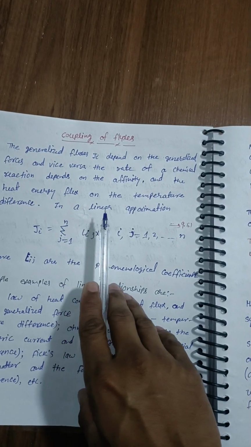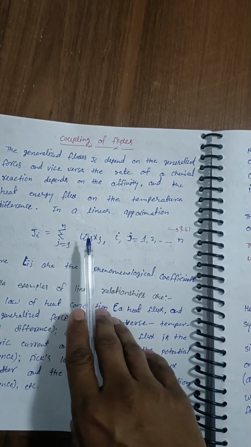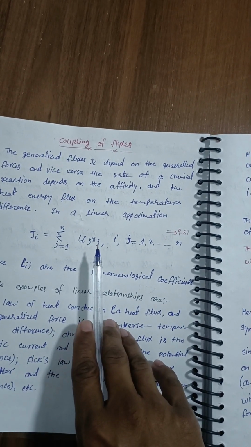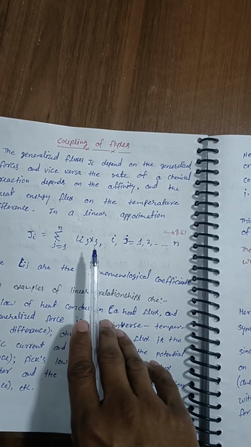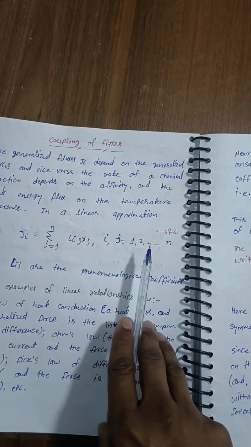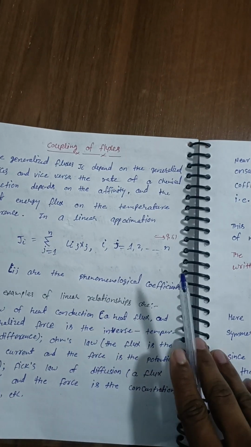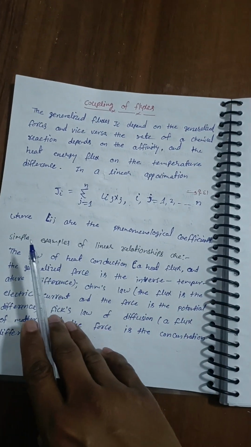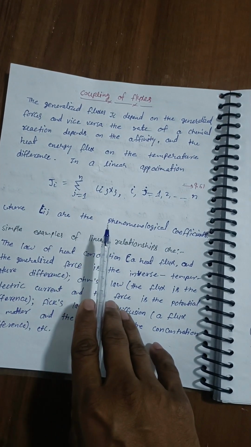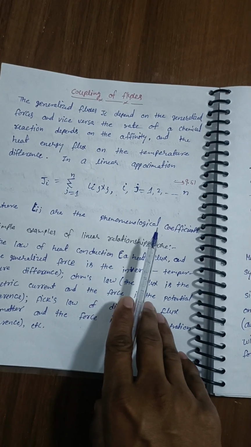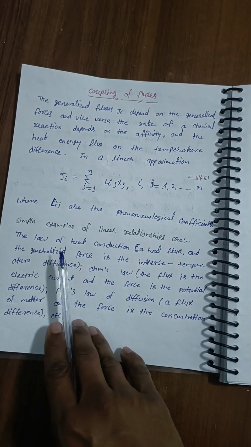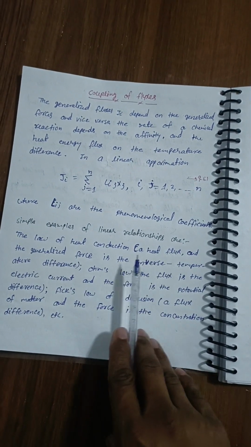In a linear approximation, Ji = sigma j=1 to n Lij Xj, where i = 1, 2, ..., n, where Lij are the phenomenological coefficients. Simple examples of linear relationships are the law of heat conduction,